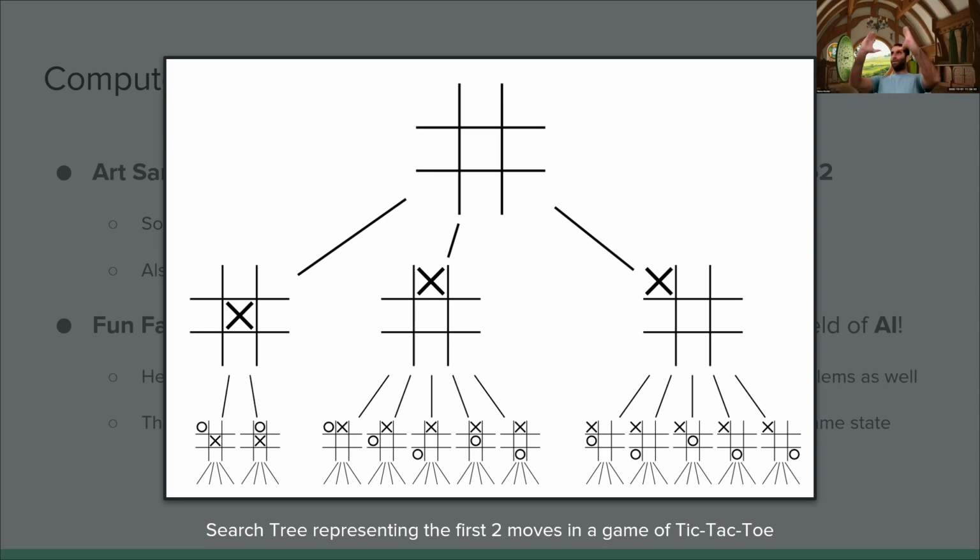So at any given checkers board state, what are all the different moves that the current player can play? He encoded that in what's called a search tree that shows level by level: this is the initial state of the board, this is all the possible first moves stemming from that one, and this is all the possible second moves, with these ones stemming from here.